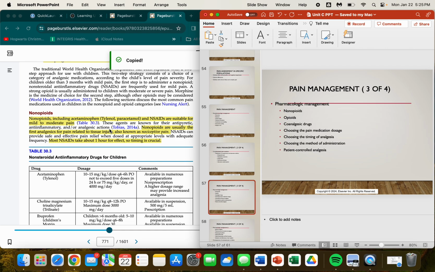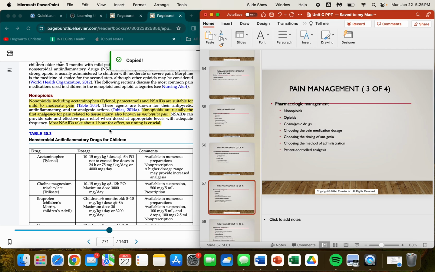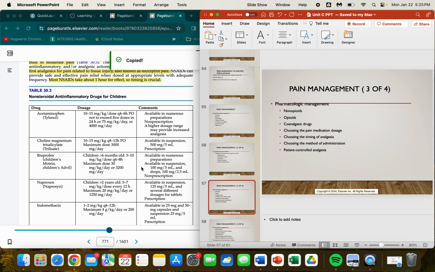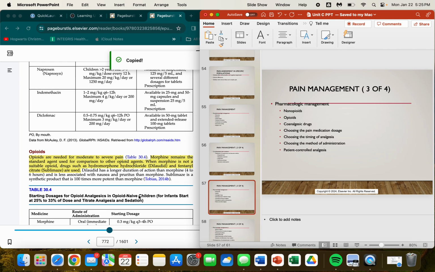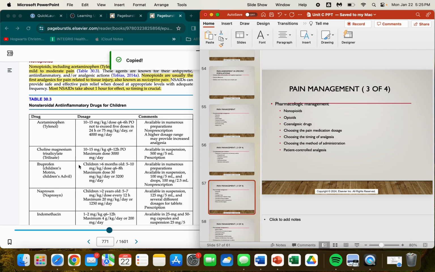Those are for mild to moderate pain. Non-opioids are usually the first analgesic for things related to tissue injury or nociceptive pain. Usually these, if given orally, take about an hour for effect, so timing is very crucial. If we know our patient is going to have an intervention that will cause pain, like a wound debridement, we might want to give that NSAID an hour before, right? And then this is just an example of some of those NSAIDs and non-opioid related